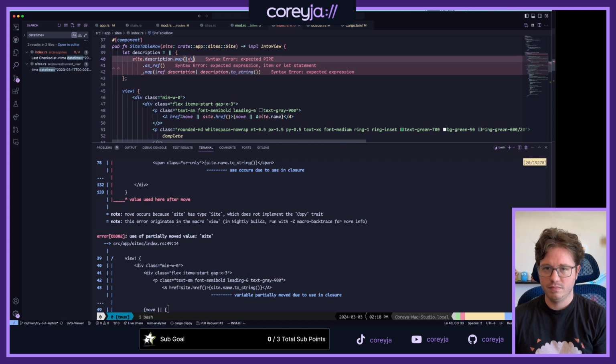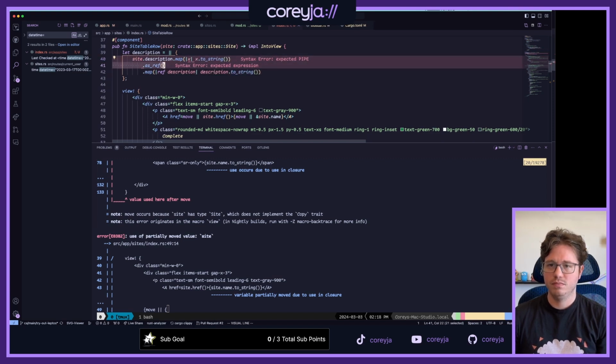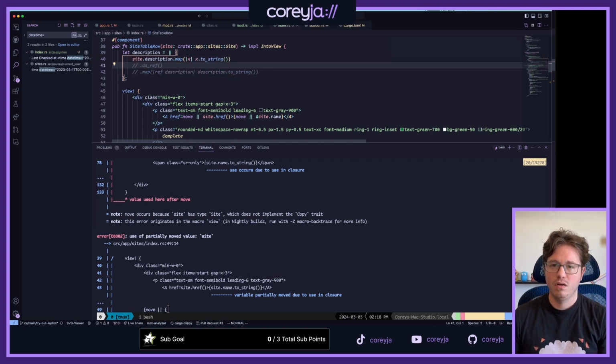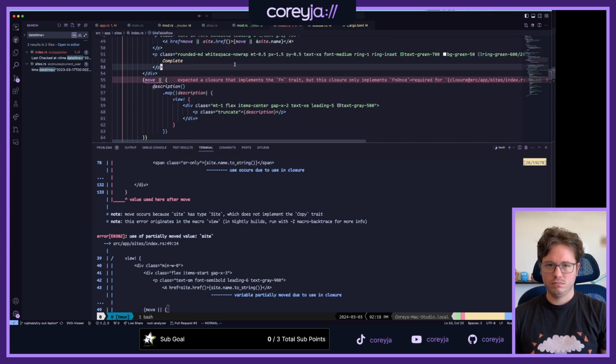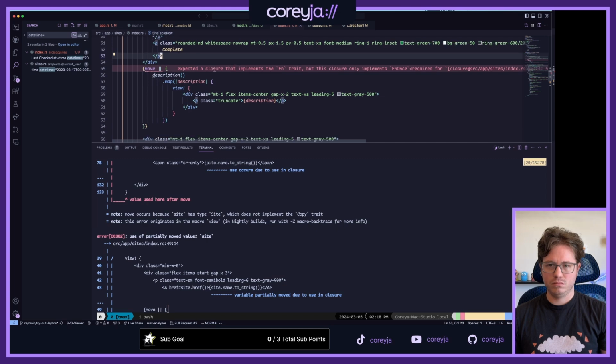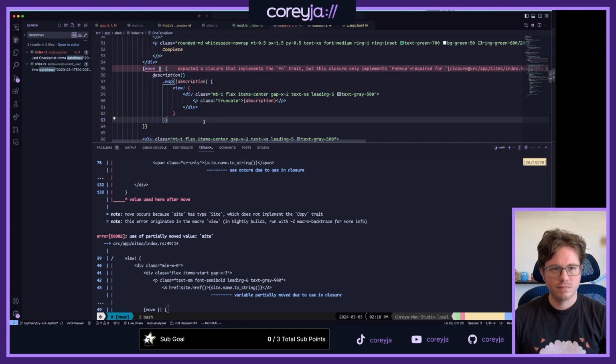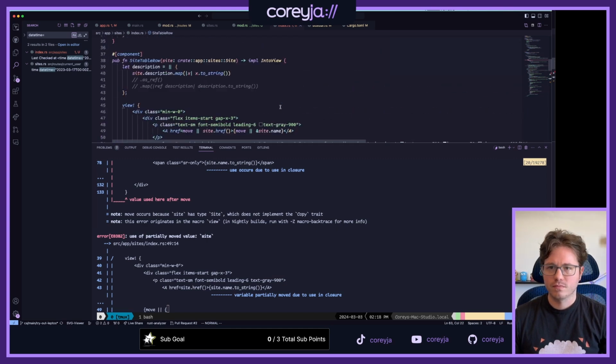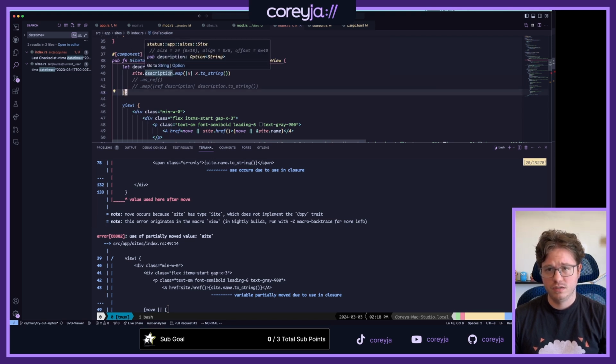I've already done it, but I just don't have a better idea. Wait. Oh yeah, because this is now just a function that implements FnOnce because it takes in this.